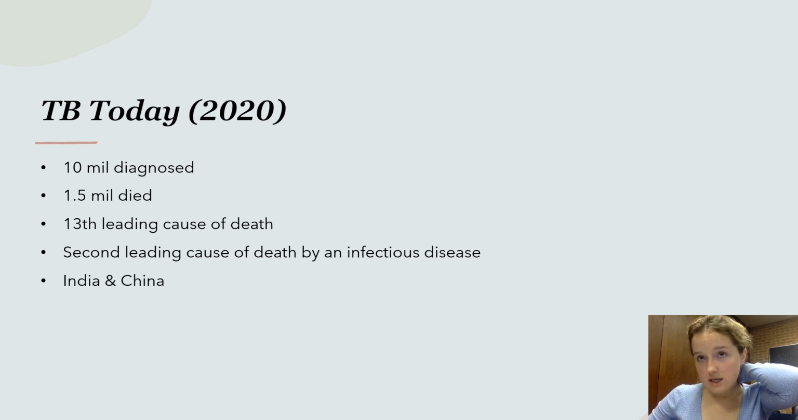Ideally, as soon as any child is born in a country where TB is a problem, they would be given the vaccine within a week of them being born. And the World Health Organization does have a plan to eradicate TB by 2025. They have tried this in the past. They've been working on